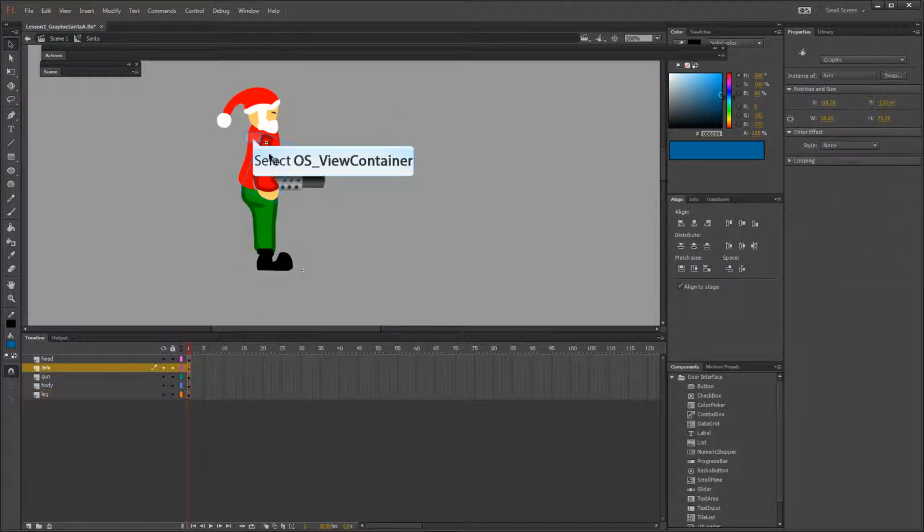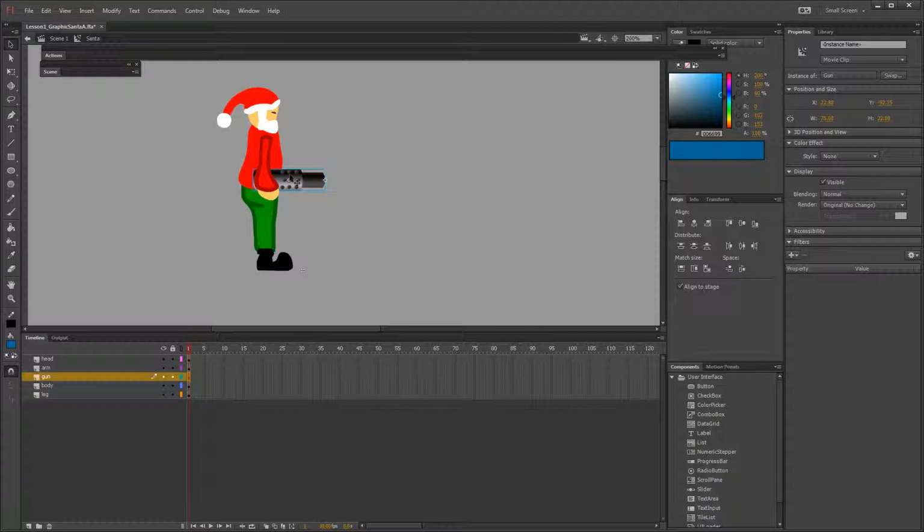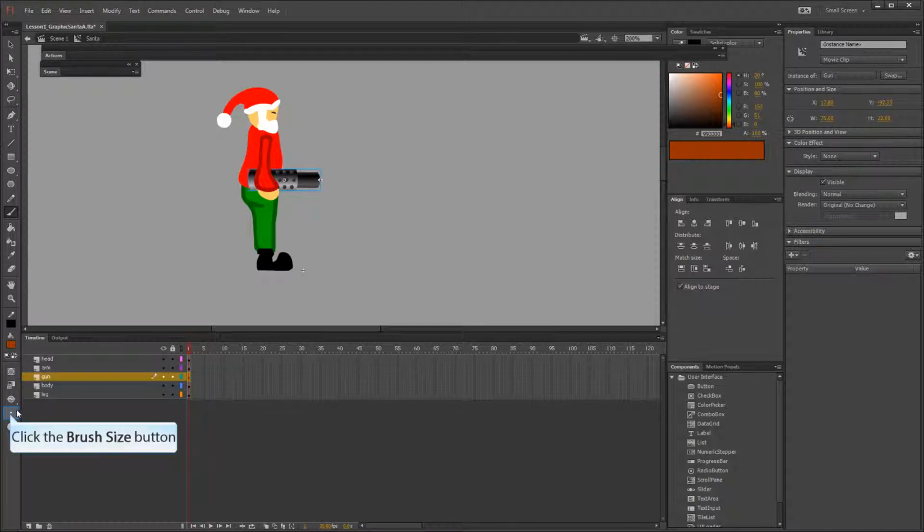So I'm just going to draw a couple of extra bits on the gun layer using the paintbrush, which you'll notice has moved to the side in this version of Flash. Okay. The principle is to change my brush size to something a little bit thicker. Just move my tools back over to that side. Okay. And I'm going to draw something along the lines of a strap,